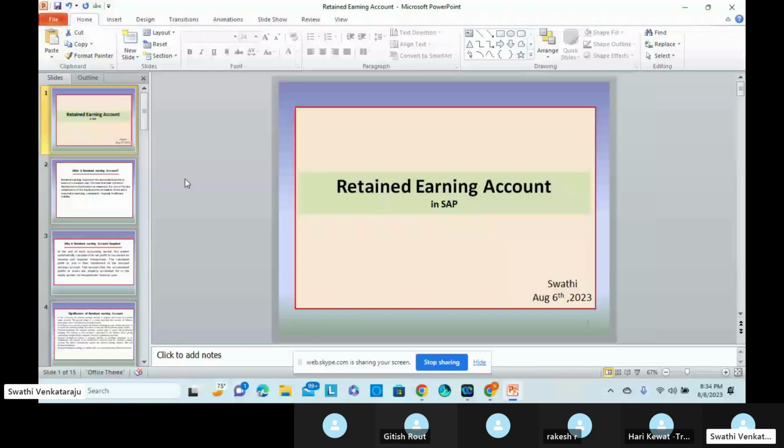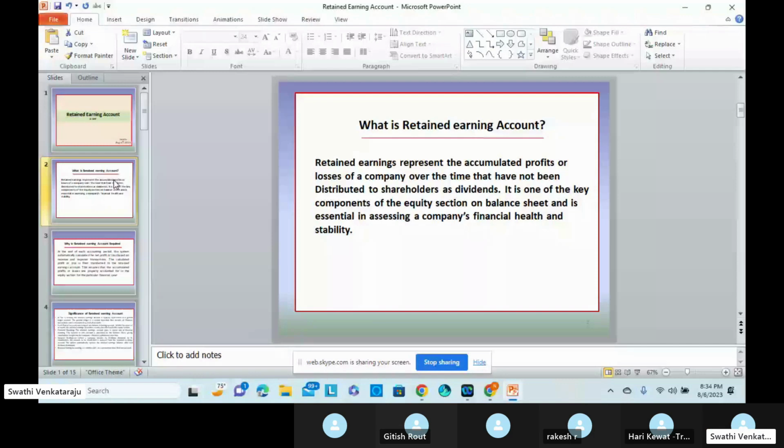Hi everyone. Today's topic is the retained earnings account in SAP. In this retained earnings account, I am going to discuss how it will work and what it impacts in the SAP system. So, the retained earnings account is year-ending. It represents